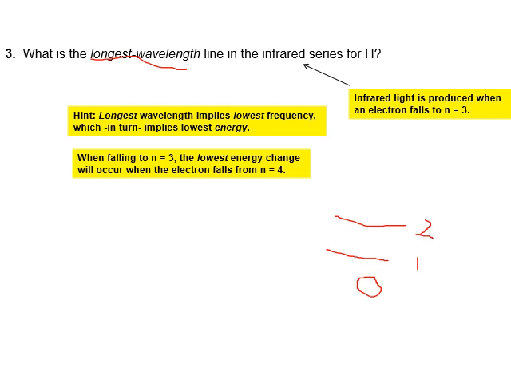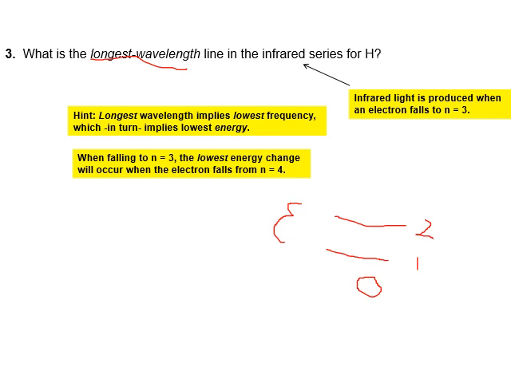So if you make the wavelength longer in meters, then you have to make the frequency shorter or smaller. So the longest wavelength line would be the shortest frequency. And remember, the frequencies and energies are related directly. So that means also the smallest energy. In other words, what this is saying is that we want the energy change to be the smallest. And that would happen when you're only falling down from one level to the next lower level, like what I